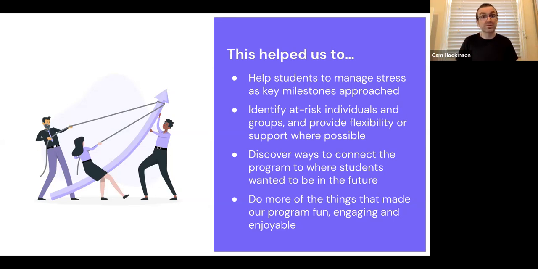Let's get together and talk to them, and as a group plan out what sort of mitigation strategies we might use. We were able to identify some individuals and groups that were at risk because of their external situation. It was not necessarily in our control, but we were able to point them to support networks that could help them. We could also be flexible with the deliverables we were asking for. Thankfully we had that flexibility, but knowing that it was a concern meant that we could adapt to the needs of our students.